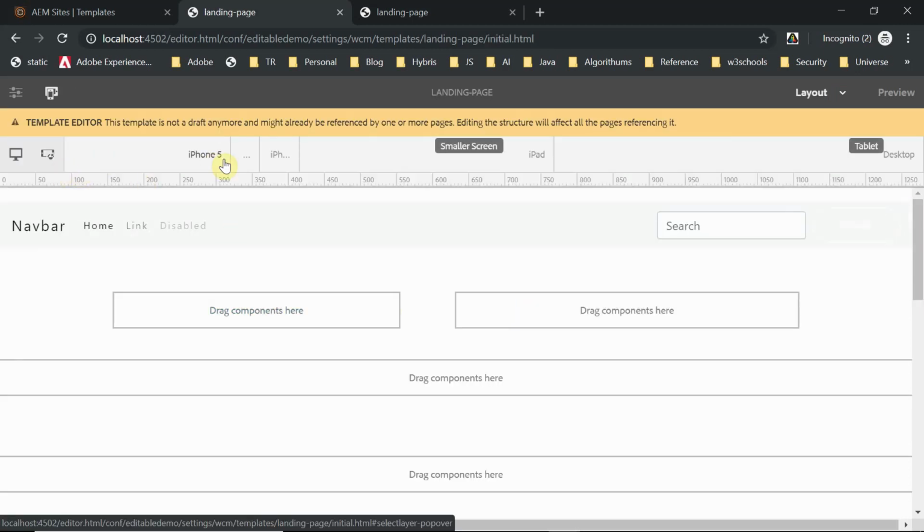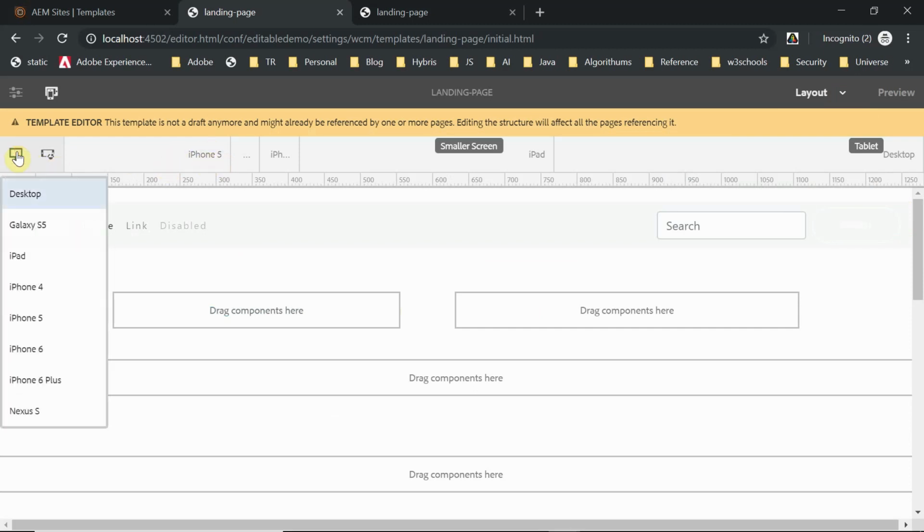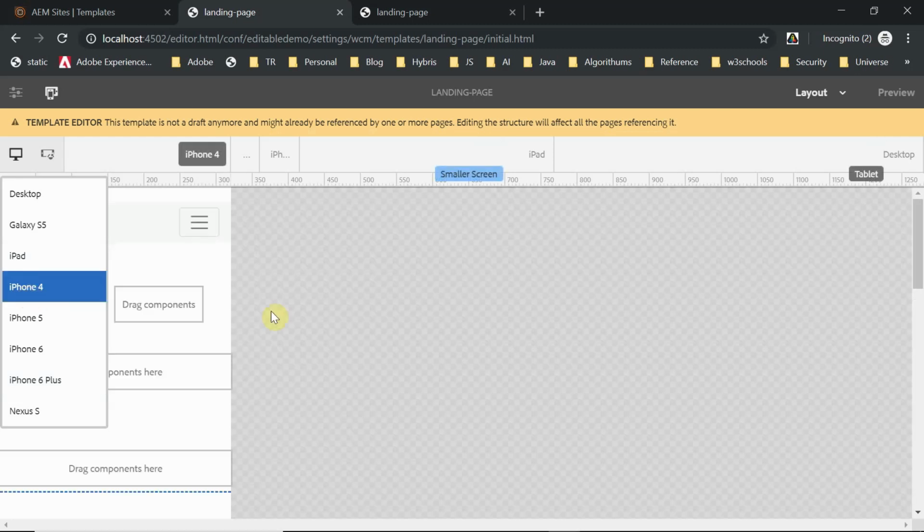Now if you see here, because I already enabled that emulator and all those configurations we were talking about, you can see the different devices here, desktop and this one. Anyway, here these are 3 breakpoints. One is desktop, then the phone, then tablet, maybe iPad we can consider. For me iPad and desktop the same display is fine, but the only problem for me is the phone. So I will go to the iPhone 4.